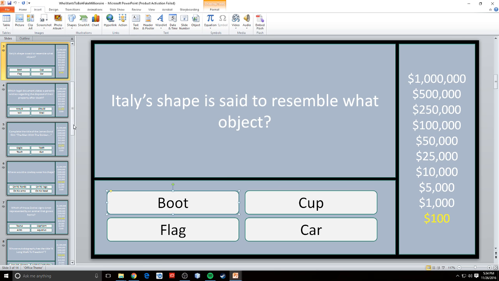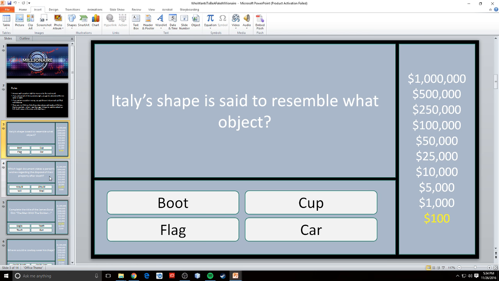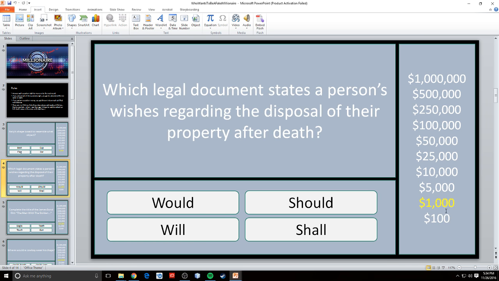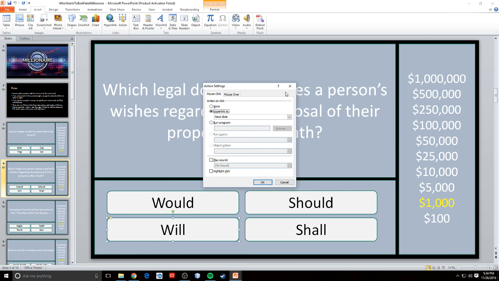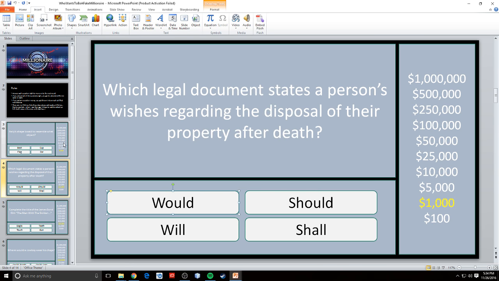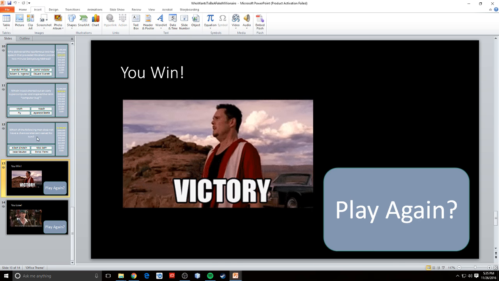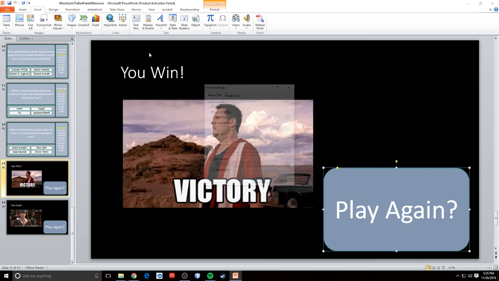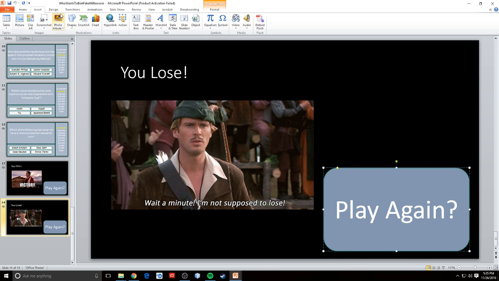The correct answer, though, I made it go to the next slide because it'll just bring up the next question. And so I get that one right, takes me to the next question, which I colored in white, and I colored this in yellow, changed the question, changed the answers, and then picked the correct one and changed my actions here. So next slide, and all these are going to last slide. That's all I did. That is it. That is all I did. I created an action to take me back to the first slide for both of these buttons, and that is my game. It's really pretty easy to make.